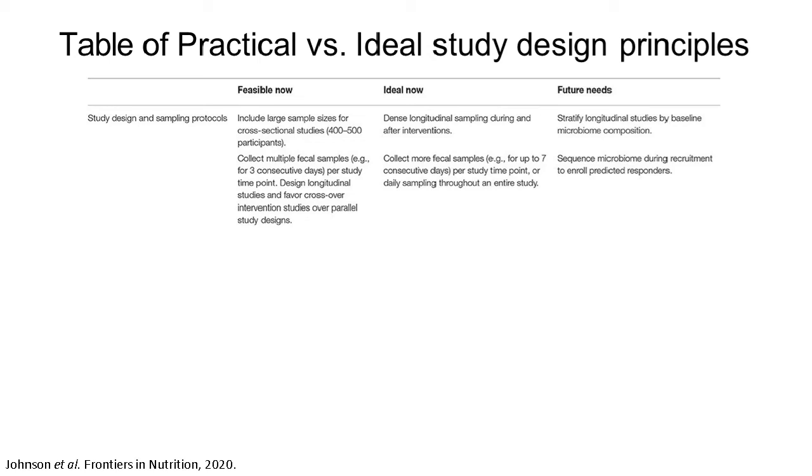And then, we also have this table of recommendations that are divided up into what we think is feasible to do right away in pretty much any study, if you can get sufficient budget for it. Then we have what's ideal to do now. So it's technically possible now, but might require a little bit more resources and dedication. And then future needs, this is where we really need to do future work to improve the methods that are available to us. So in this first category, which is just the study design, how you design the sampling,